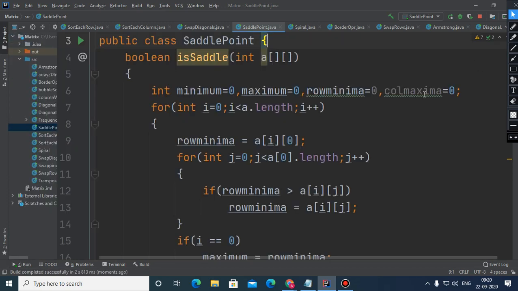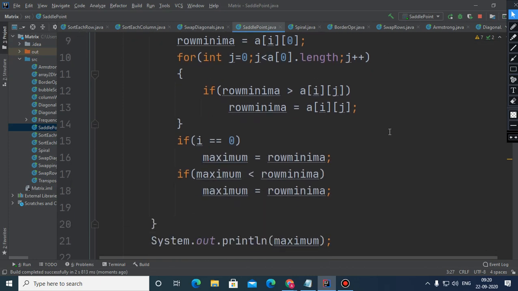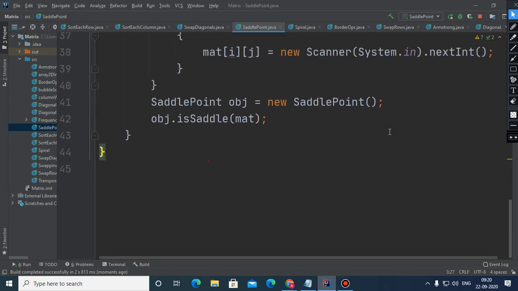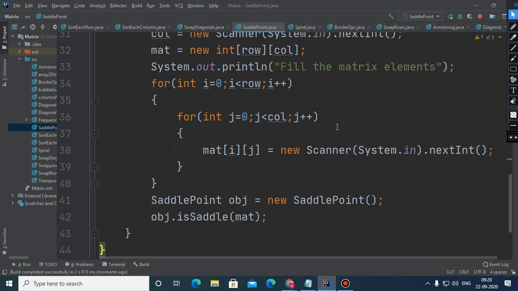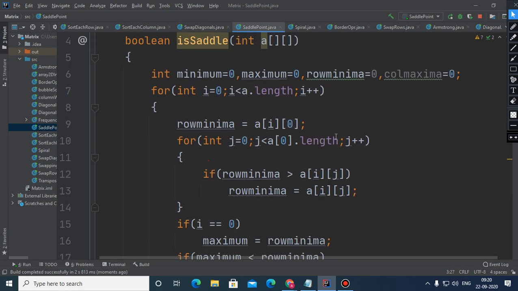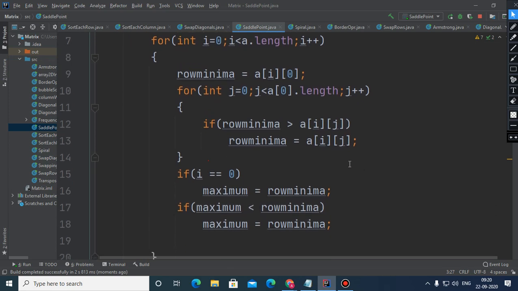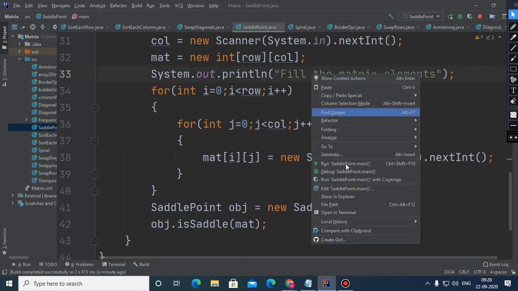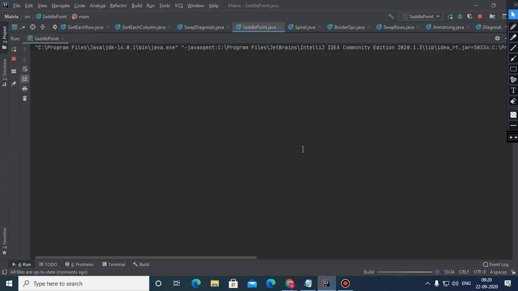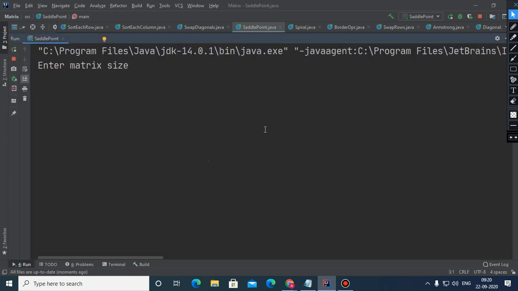I think inside that the loop has become infinite. We have called that function. No need to check, we will check it later on, no issues. Why is it not coming?